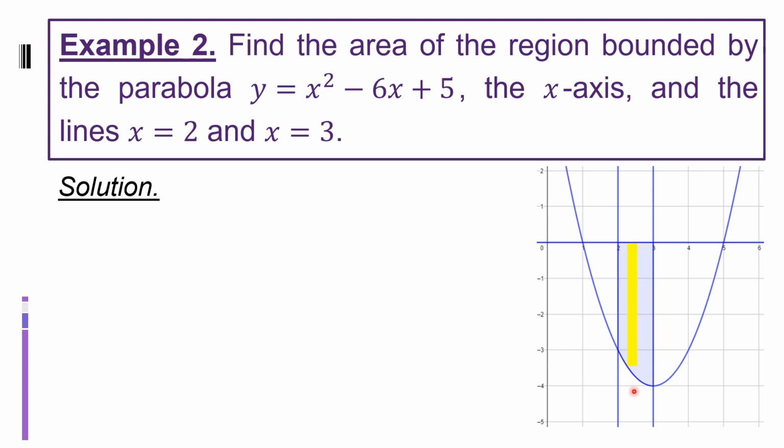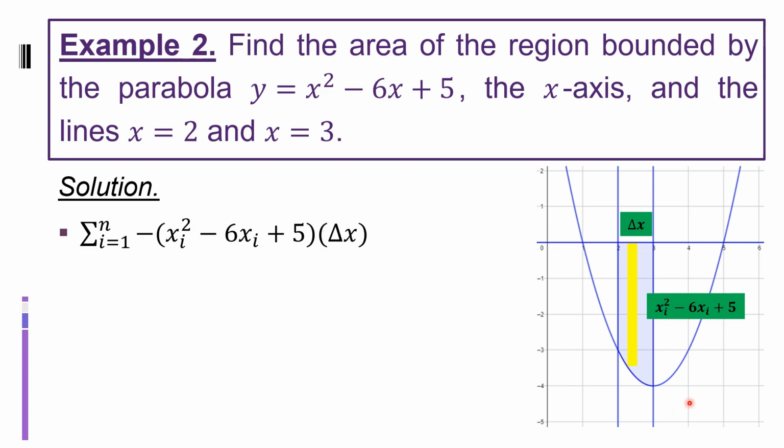Now this rectangle here has width equal to delta x, and syempre ang kanyang length is x sub i squared minus 6x sub i plus 5. So, pansinin niyo na ito ay area sa baba. Okay? The area is below the x-axis. And we know that the resulting area will give us a negative area. But since area yung hinahanap natin, and area is always positive, etong length niya, ini-negative natin ngayon. Kasi pababa siya so negative yan. So, ini-negative natin para negative times negative, positive na siya, yung delta x natin is positive, para buong ito